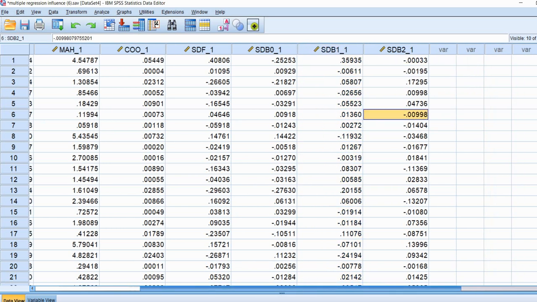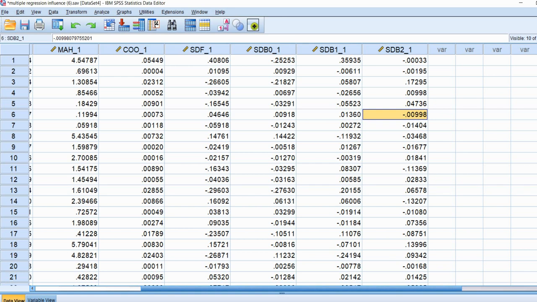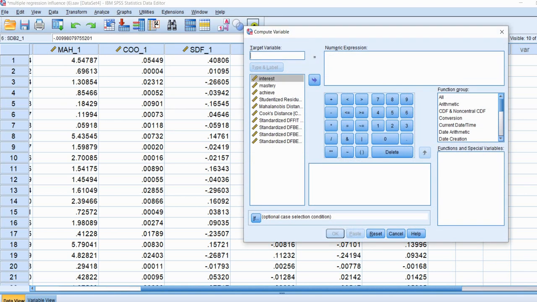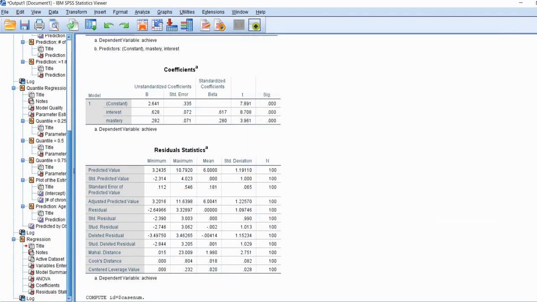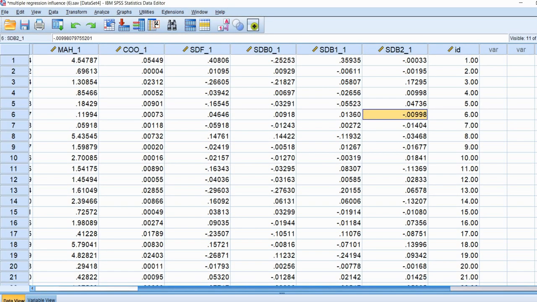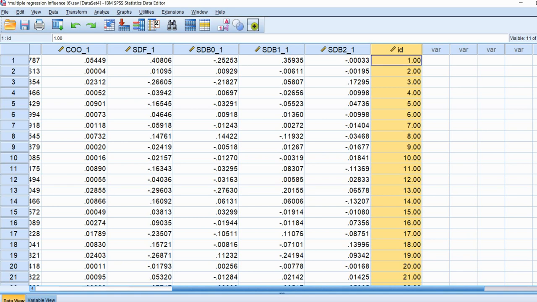And one of the things that I want to do early on is to create an index variable. So at this point I'm going to go to Transform, Compute Variable, and I'm going to type in ID or index or whatever right there, and then under numeric expression I'm going to type in a $ sign followed by casenum and click on OK. So basically we're going to generate a case number variable, which is going to serve as an index associated with each of the cases. This can be particularly handy if we do any kind of sorting on these variables and then try to identify which case is